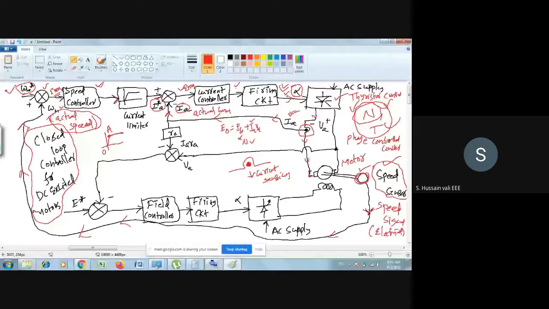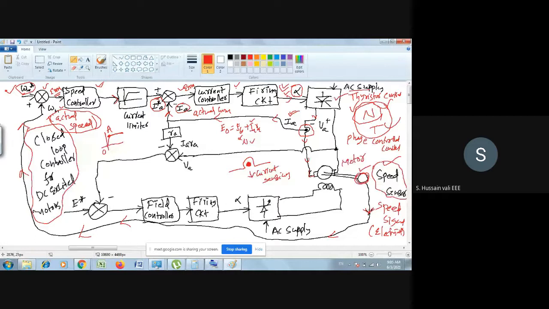Now you see the input on one side: you find the AC supply going to the block of thyristors, meaning the phase control converter. I told you already, the phase control converter will convert AC to DC. So it needs AC, which is there here, and it also needs alpha.